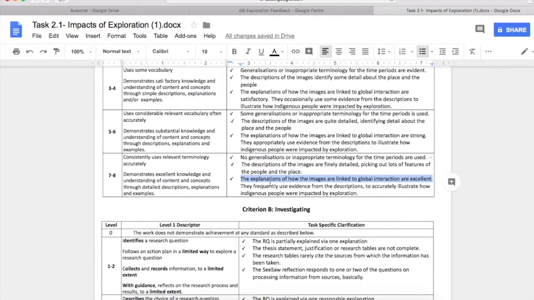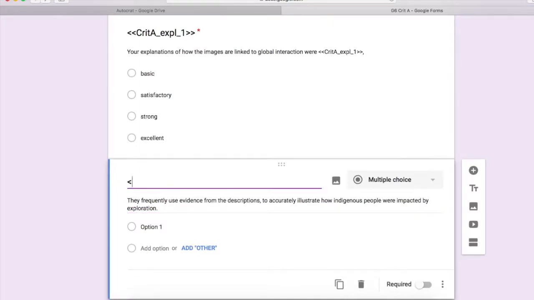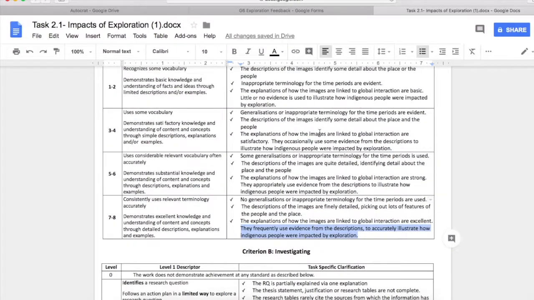So the second half of this, the explanations of how the images are linked to global interaction are excellent. They frequently use evidence from the descriptions to accurately illustrate how Indigenous people were impacted by exploration. I'm just going to take this, I might delete a comma or two as well. And because it's the second half of that rather long sentence, I'm going to call it crit a expl underscore 2. I'm going to want to turn this into, well, to go back to the criteria, the lowest band